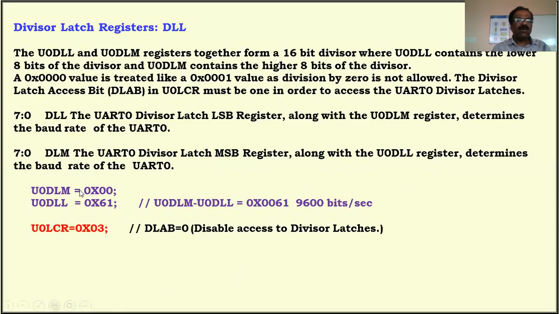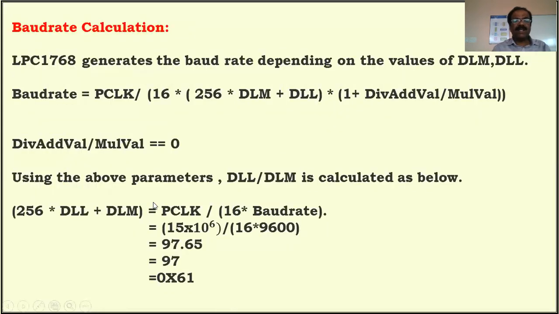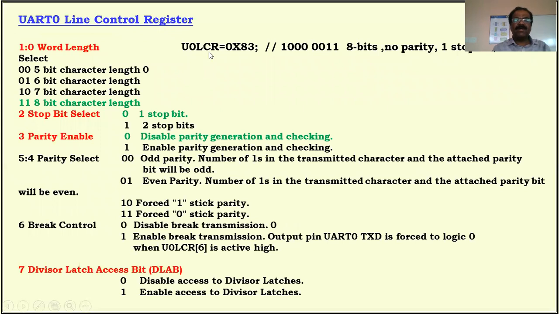Therefore, we have to disable the divisor latch. How to disable this divisor latch? Go to LCR. Don't disturb the other bits. Let it be 8-bit, no parity, 1 stop bit, let it be as it is. Here 1 is there, now make it 0. If it is 0, then here it is 0, 3. Then we have to load 0x03 into LCR. Once you load 0x03 into LCR, what happens? It's going to disable this. That is, if you write 0 in bit number 7, it disables access to the divisor latch. So that's the meaning of this.